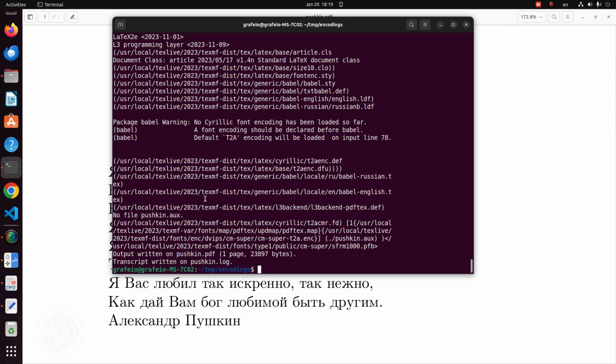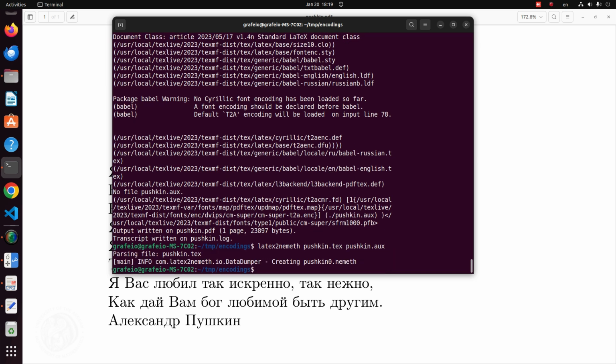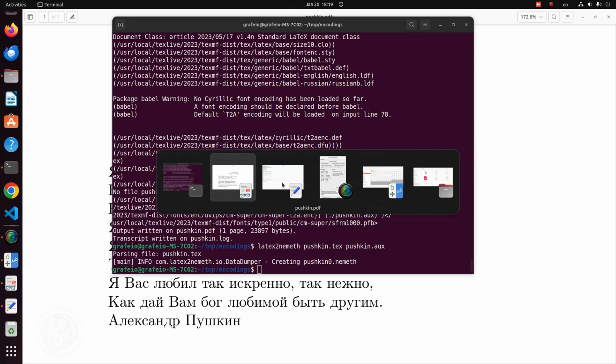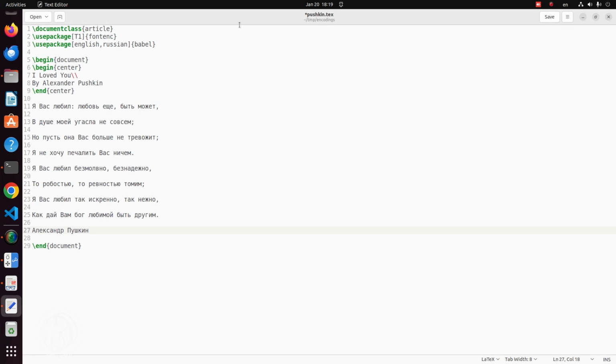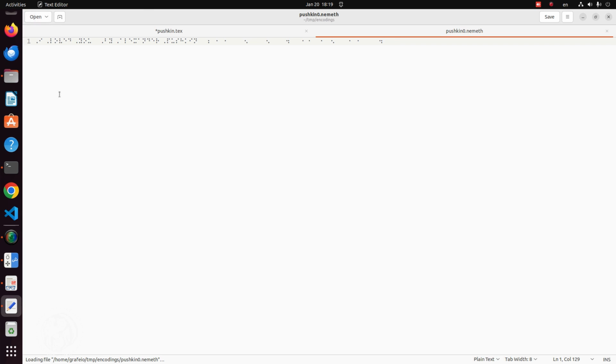Next, we run the LaTeX to Nemeth program as usual. The LaTeX to Nemeth program generates the output Braille file